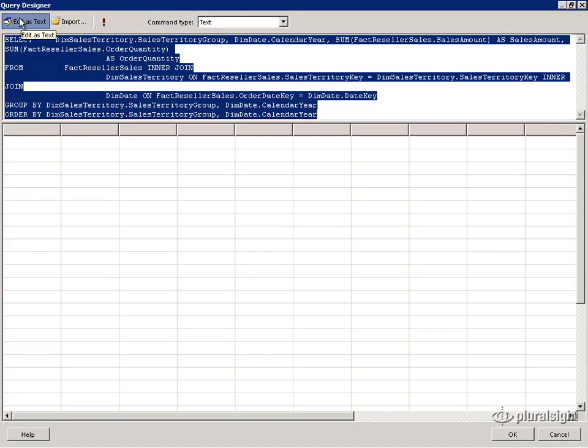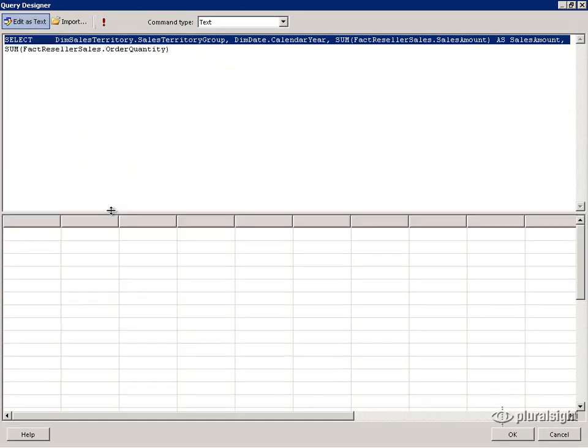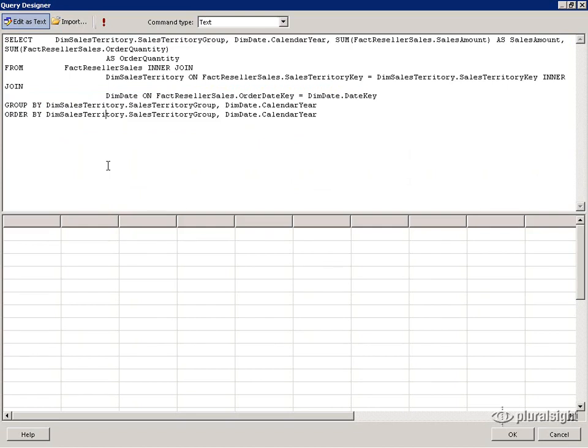And this might be easier to read if we switch over to the Edit as Text. We can see that this select statement retrieves the sales territory group, the calendar year,